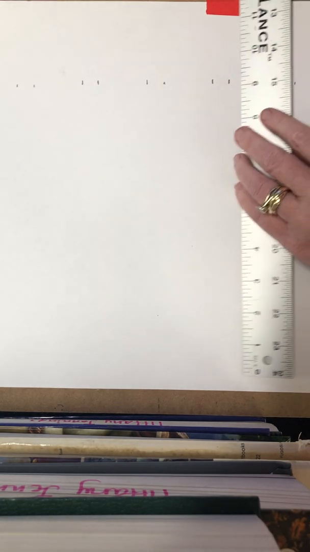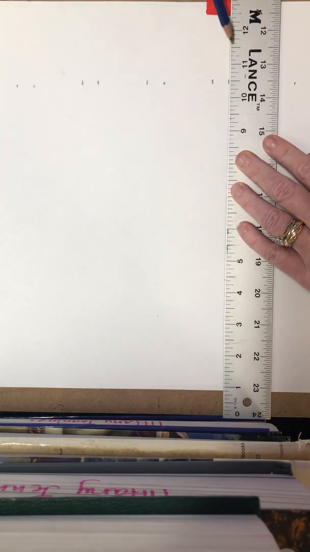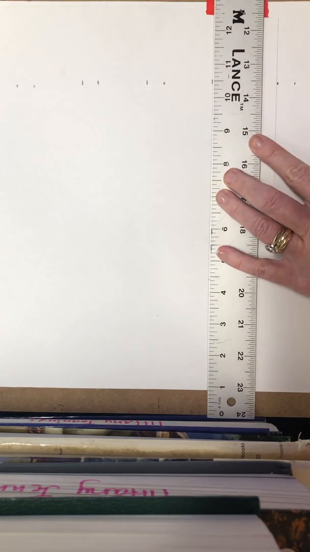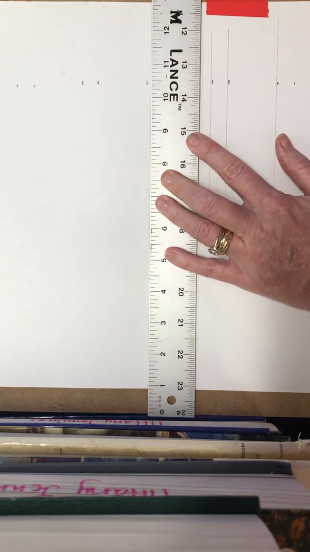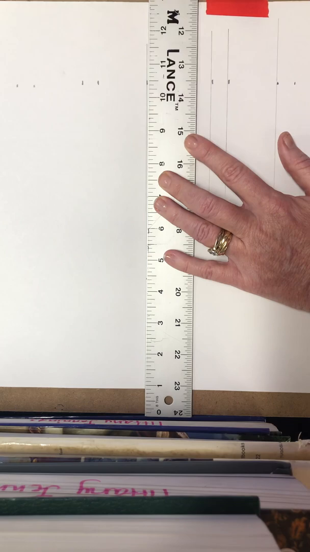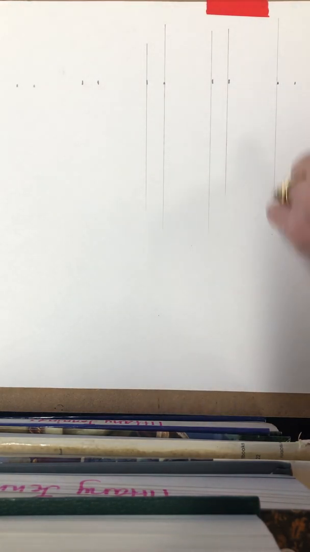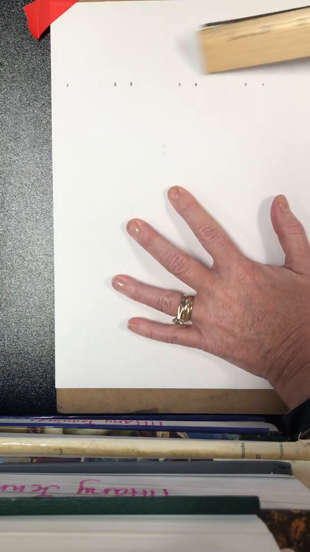Now, if you don't have a T-square, which probably most of you do not, I would measure all these little tick marks, as I call them, 3 times. So you make sure you have straight lines. You do not want to have crooked lines doing this. So what I mean by that, so the T-square, you can see I'm flying through this. But if I go back to the edge of my paper, so I have 1 row of little tick marks,